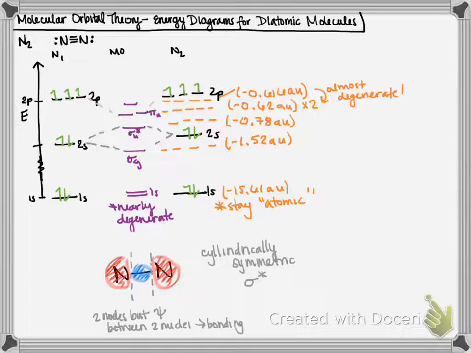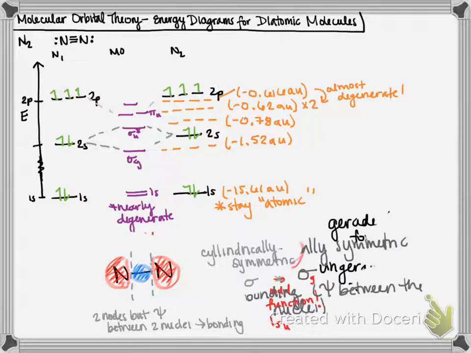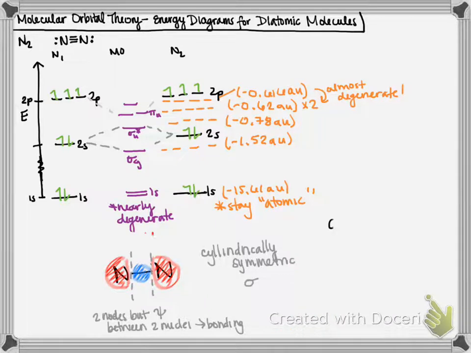Sorry, I think I have an asterisk there, I shouldn't have. Let me get rid of that. There we go. So this is a bonding orbital, so this is a sigma, not a sigma star. Sorry about that. And if we look at whether it's even or odd,